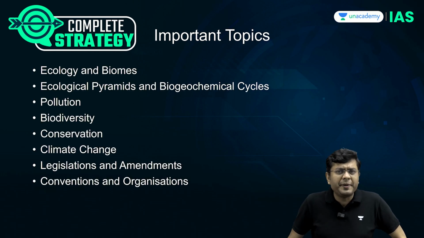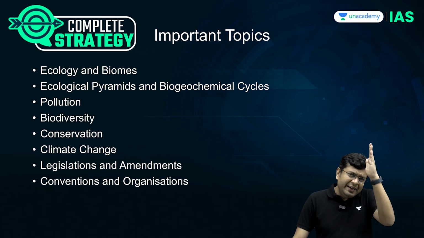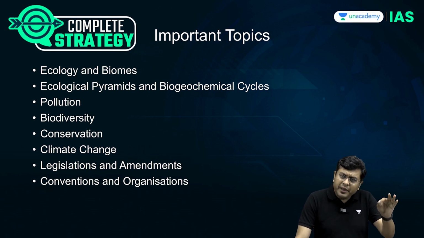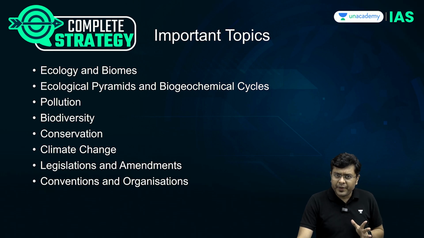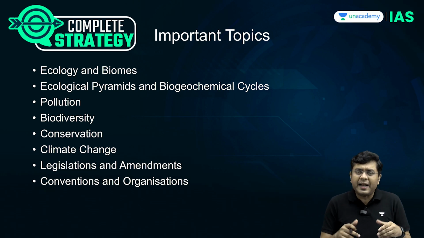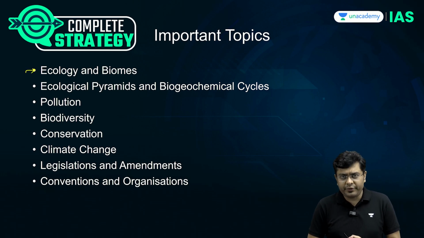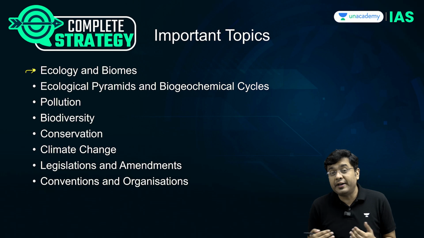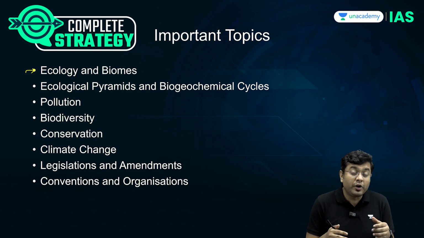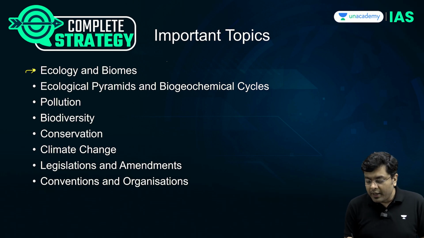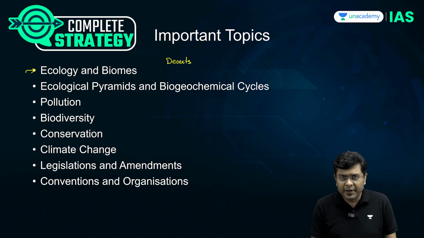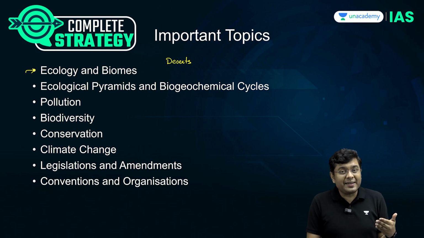So, what are the topics that we need to cover? Overall, the entire syllabus of environment can be reduced to these few topics. And you need to have a clear-cut concept and clear idea about it. For example, ecology, ecosystem, and biomes. This would include various different types of ecosystems. This has to include, for example, when we talk about the deserts, what are the adaptations that happen in a desert? Right? And when will you be able to understand that? When you know where deserts are present. Where do you study that?